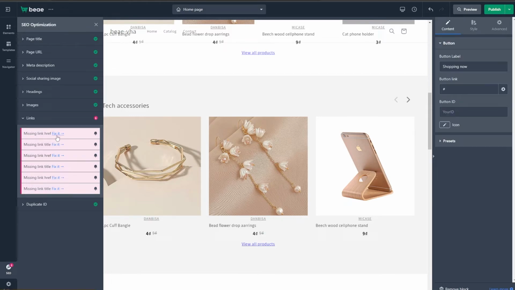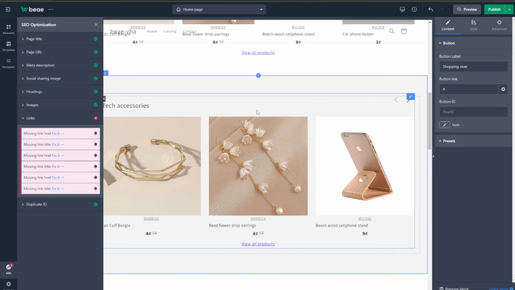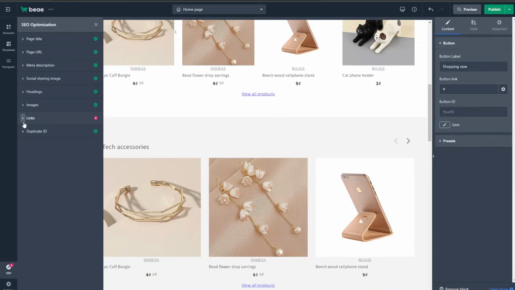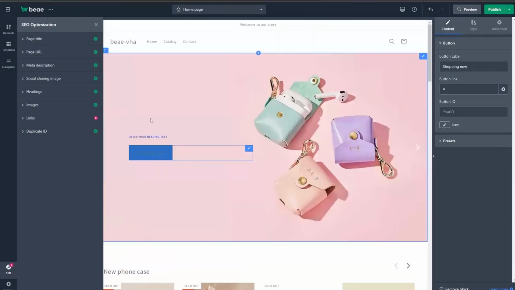You can see when you click on fix it, on your editing panel the button appears where you can add the button link and button ID. So from here you can totally fix these links and make your page even more optimized. And finally, after links obviously you have your duplicate ID, which is saying that it is passed and we are good to go. So yeah guys, that was pretty much it for the SEO optimization feature in Beae,